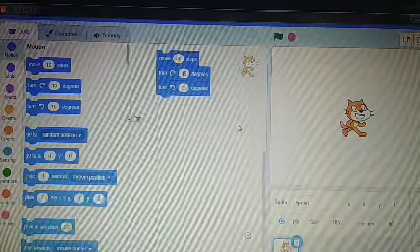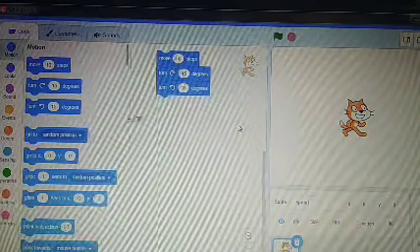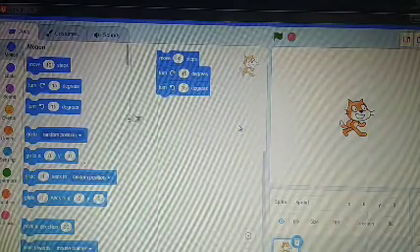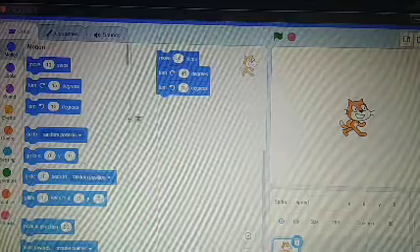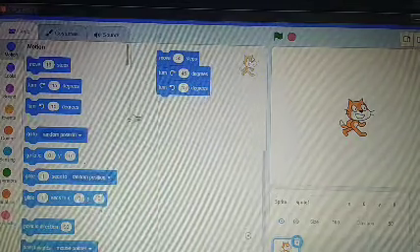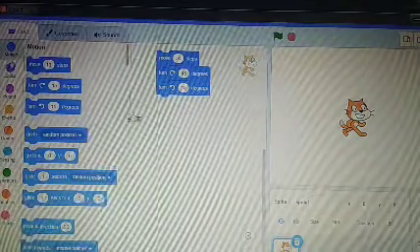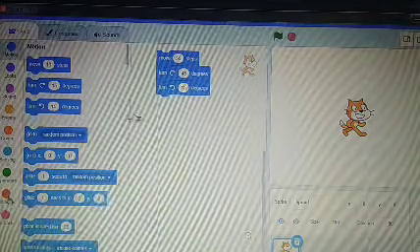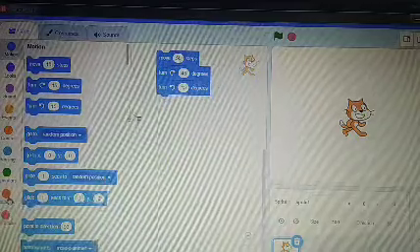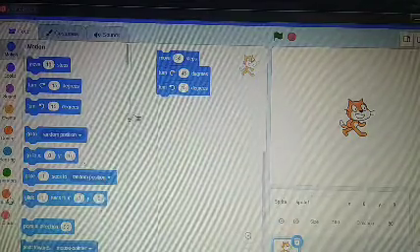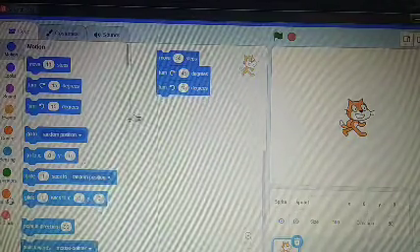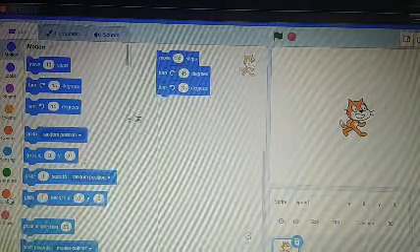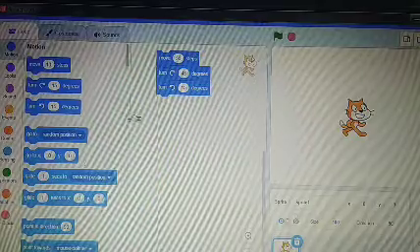So I hope you understood all the components of a Scratch program. These are instructions, and instructions are given in the form of blocks. You have to remember these block names, because you will be asked in your exam about these blocks: which block has which instruction. You have to memorize all this. Clear? And the sprite I told you.